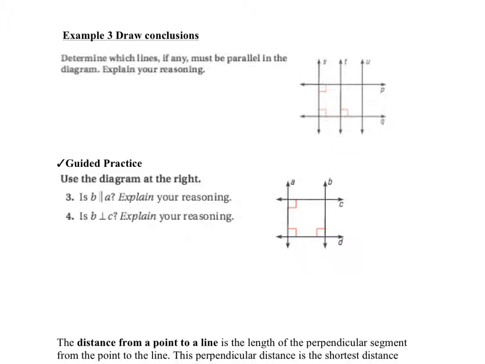So first off, I have a line that's perpendicular to two lines. So those two lines are parallel. So there's our first. P is parallel to Q because you have S perpendicular to P and you have S perpendicular to Q. So there's one. And then you have the same scenario